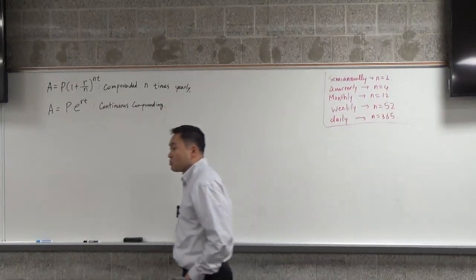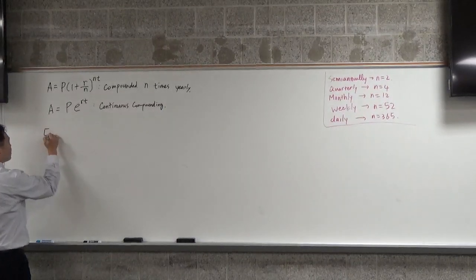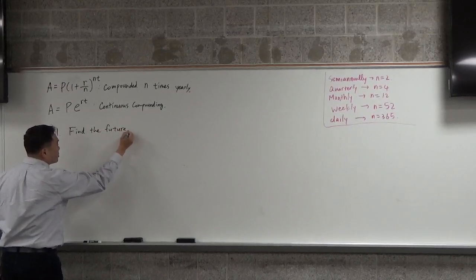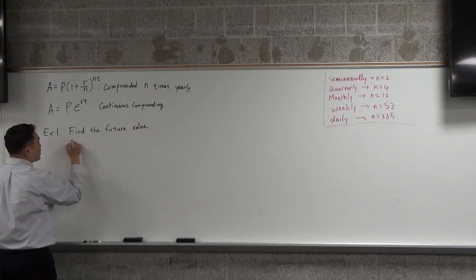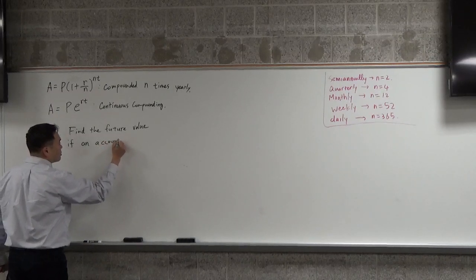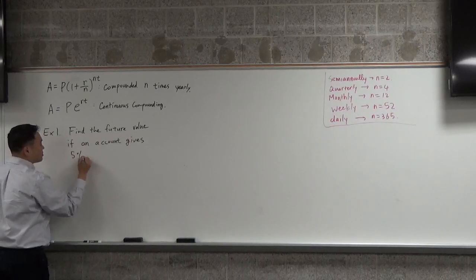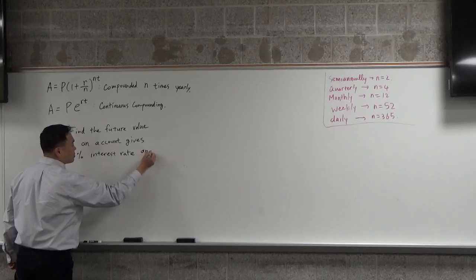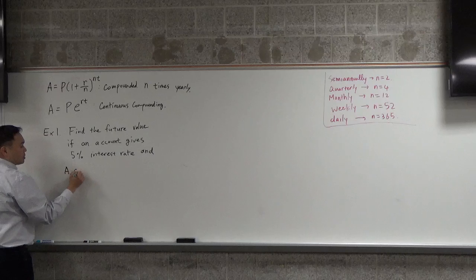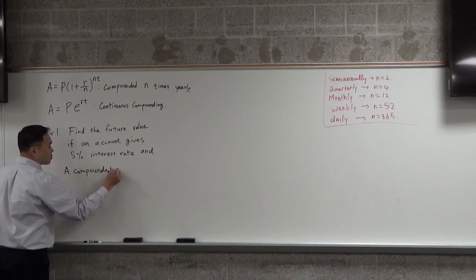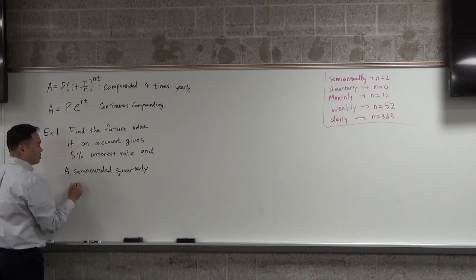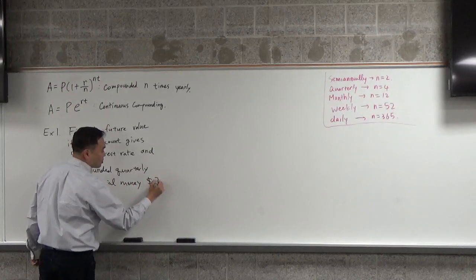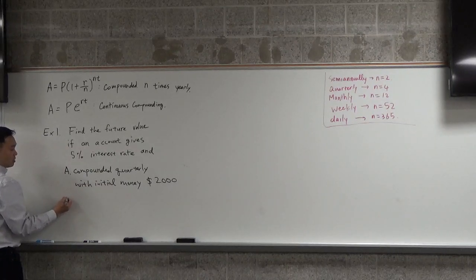Now let me try to show you some demonstration of this formula. So example 1, find the future value if an account gives 5% interest rate, and A, compounded quarterly, with initial money $2,000, okay, and then B,